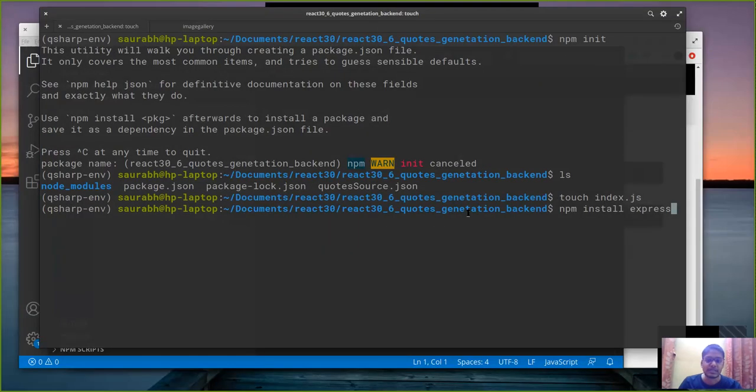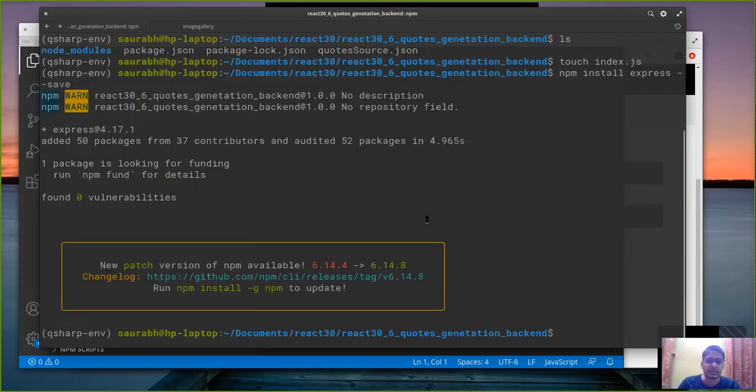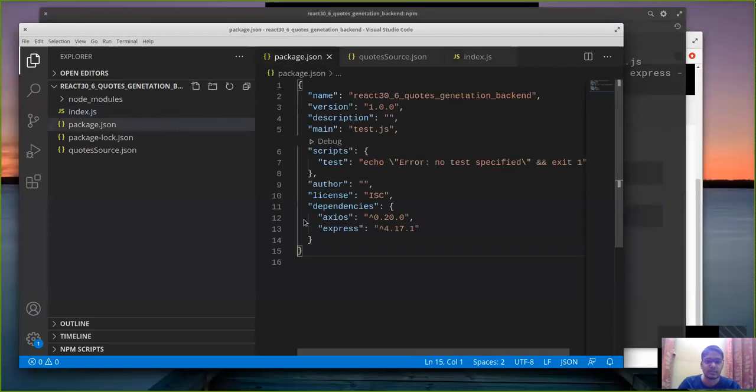What this command essentially does is install Express to your project, and then you can import this npm module into your project. So let the command run and Express.js gets installed.